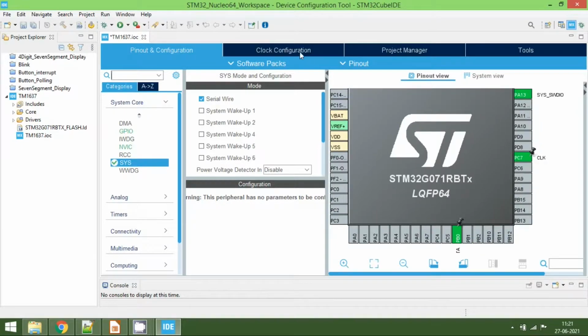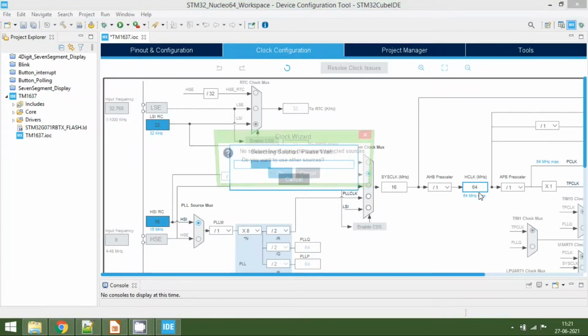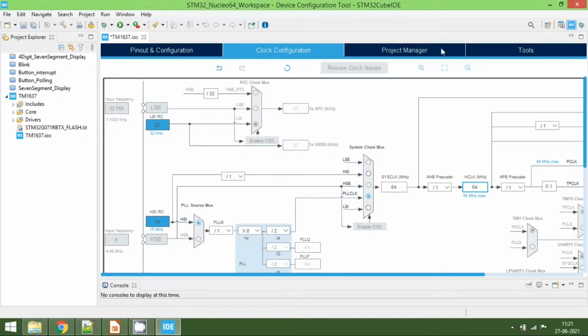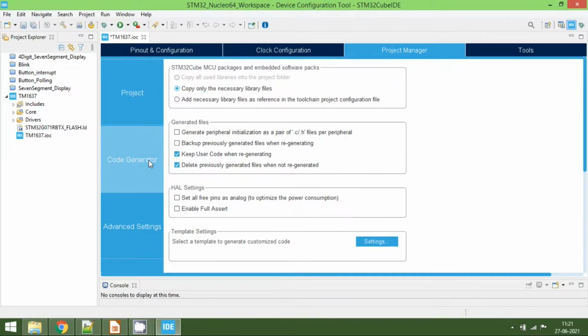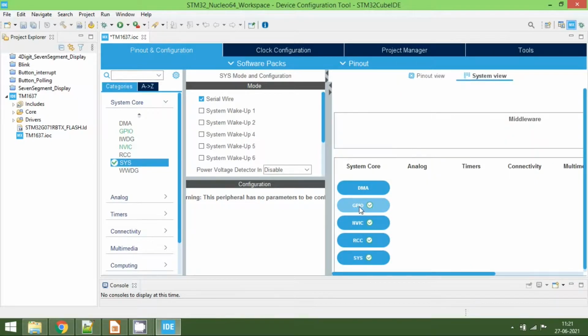Now go to the clock configuration here. I'm going to use the internal clock oscillator, and we'll set the clock frequency to 64 megahertz. Then in the project manager, go to the code generator. Make sure that copy only necessary library files is selected, and then go to the pinout and configuration. Go to the system view, double click on the GPIO.